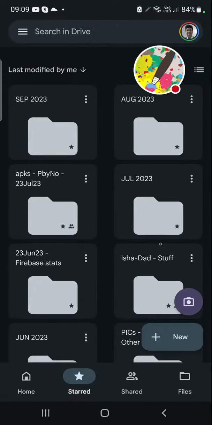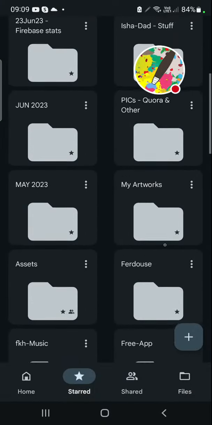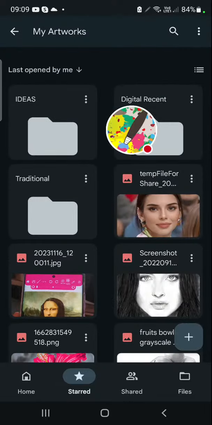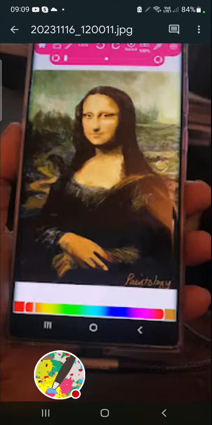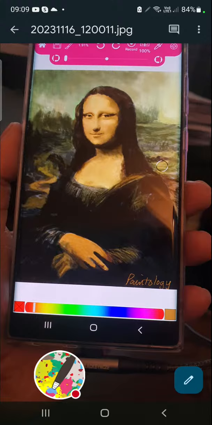Let me go to my artworks, and you can see here this one. See that one? That's the actual phone I use, and you can see the Mona Lisa that I drew on that. So you'd be surprised what you can do with the phone alone. It doesn't require, I mean, of course, you've got to be skillful to make drawings like this, but to learn these techniques that I'm going to show you,